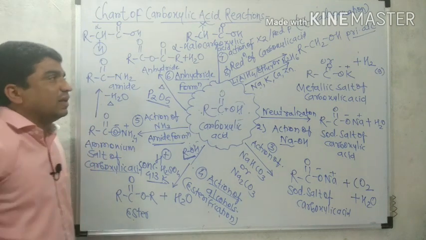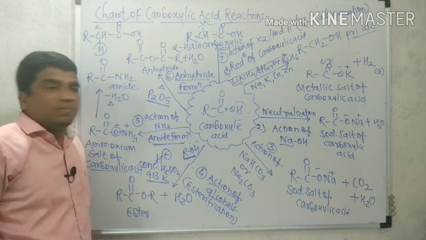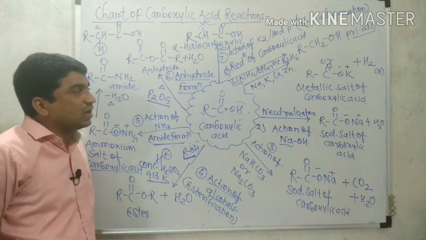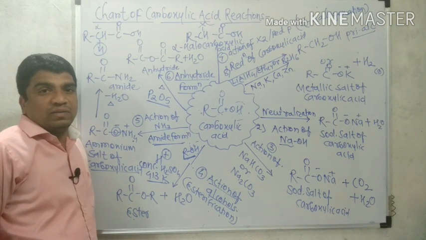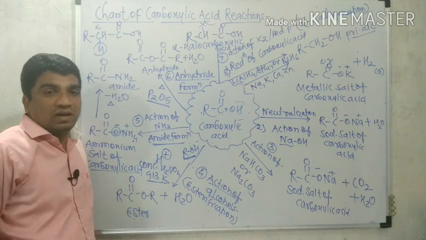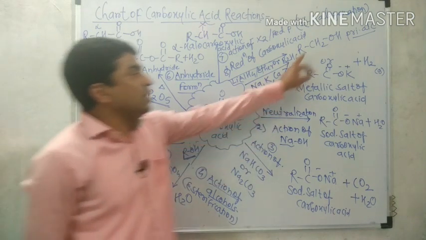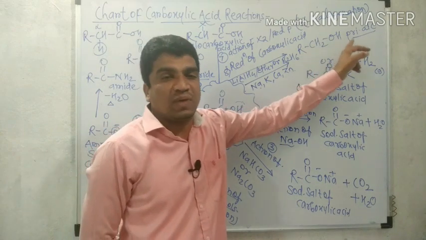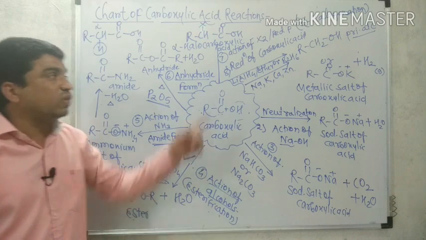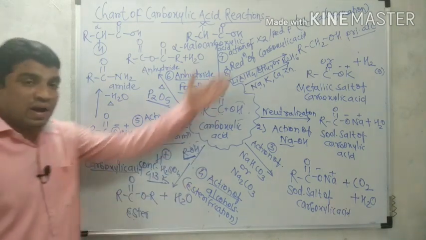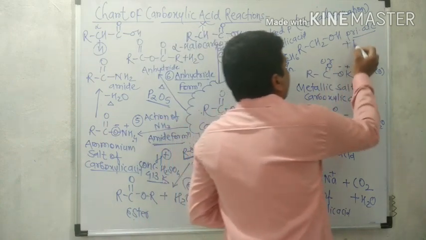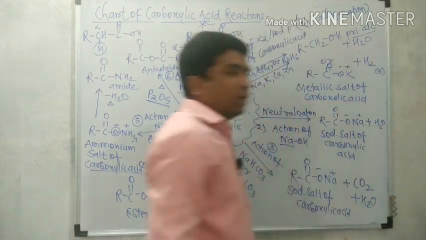When carboxylic acid undergoes reduction by using lithium aluminum hydride in the solvent ether, or by using the reducing agent B2H6 diborane followed by hydrolysis, the reaction gives RCH2OH, primary alcohol. Means carboxylic acid is reduced to primary alcohol, with byproduct water. If we balance the complete reaction, we obtain water here.